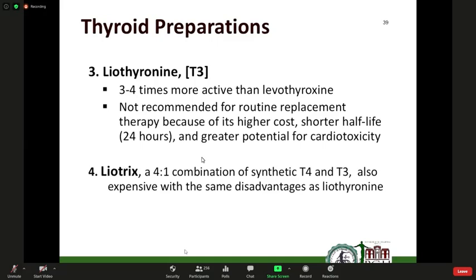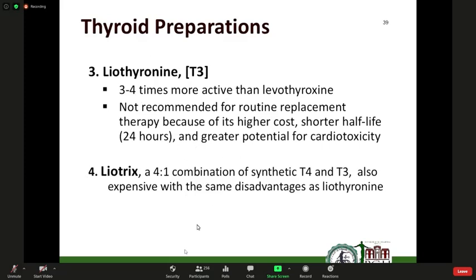If you expose the tissues that have thyroid hormone receptors, it might potentially lead to some toxicity. So this is no longer used for replacement. It's only sometimes used if we need to prepare them, for example, for a procedure, and you want to give a drug that you can discontinue quite quickly, because its half-life is shorter, then we give